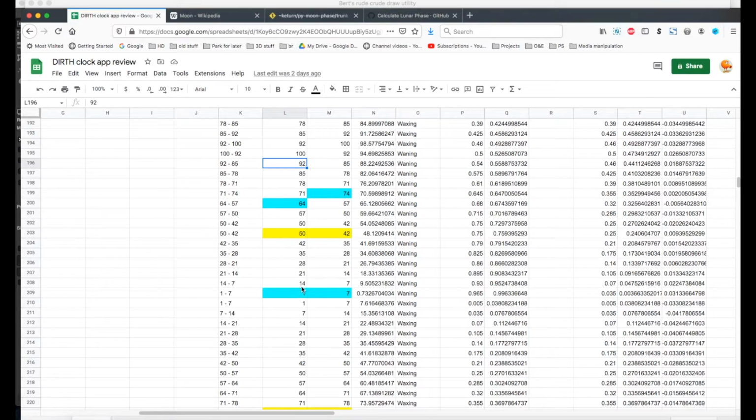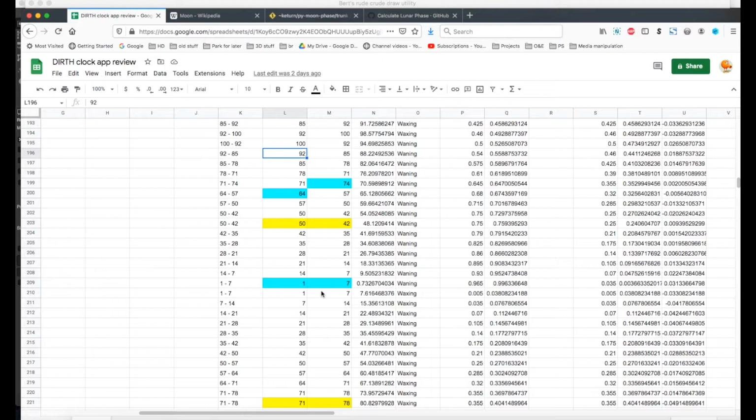The other typo appears what should be, to me, 7% waning to 1% waxing, so that the next day it starts off at 1% and goes up to 7. So it looks like he's got two typos in his labels. Now that I had an overall layout for how he might have implemented it, I tried to